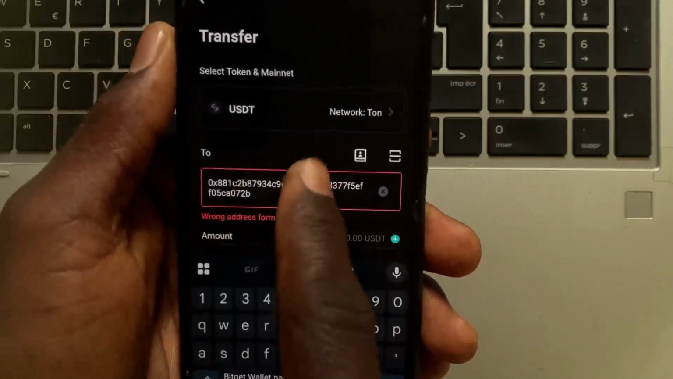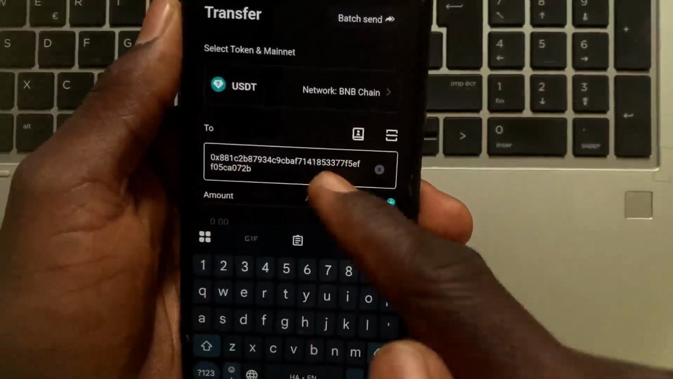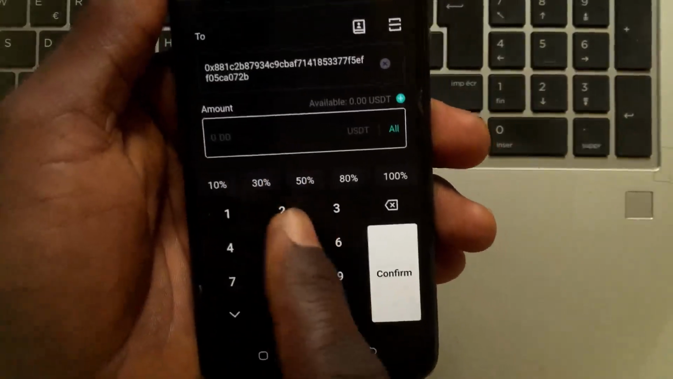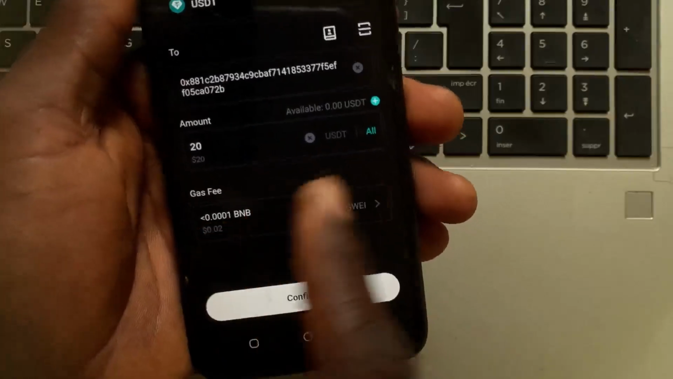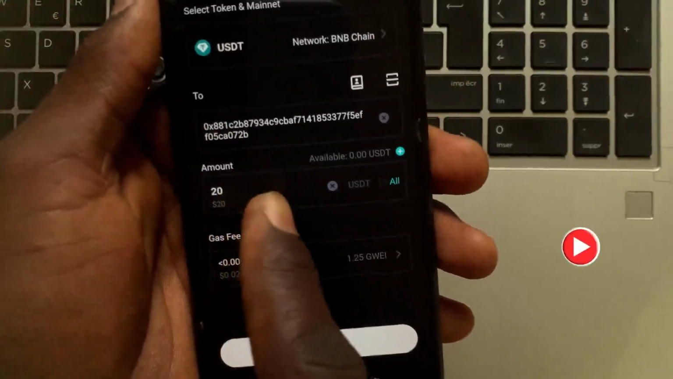After you paste in the address in this option, scroll down and type in the amount you want to withdraw. So let's say I want to withdraw like 20 USDT. After you type in the amount, just tap on this confirm button. Then from there, this USDT will be sent into your Binance